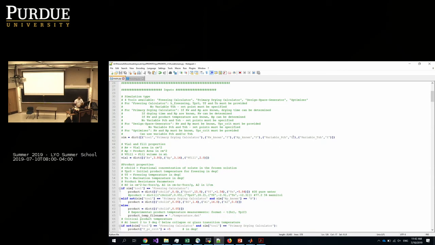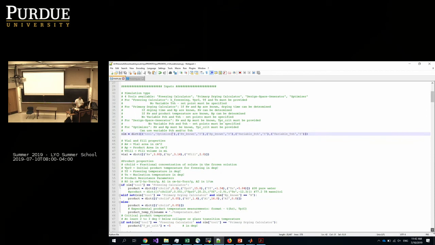So we say it here: variable chamber pressure, yes; variable shelf temperature, yes. And also we need to change the tool itself to optimizer. We click save. The information about the product is the same.